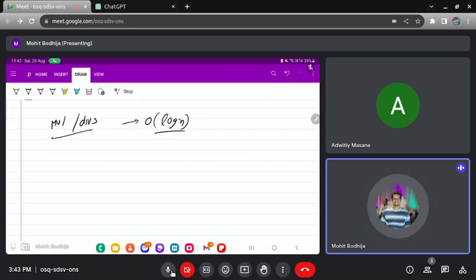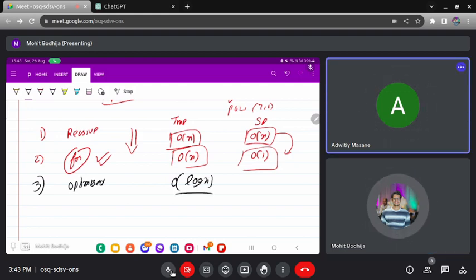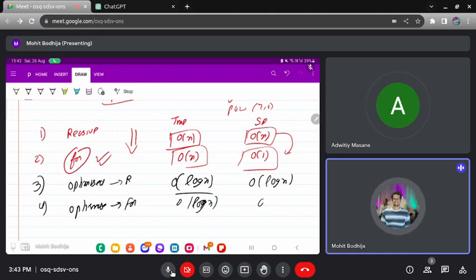So now if the interviewer asks whether you can improve further, then you should give this answer. That optimized approach we will write like this. You can write the optimized approach in 2 ways. One will be the optimized recursion, which will again be order of log of n. Another approach will be an optimized for loop. We can write the for loop optimized, we will see. Here the time complexity will be order of n. See, if you tell these 4 approaches, then the interviewer will know that your concepts are 100% clear.